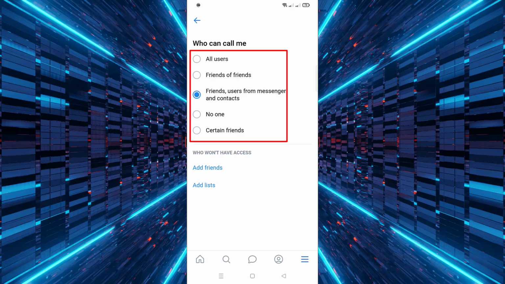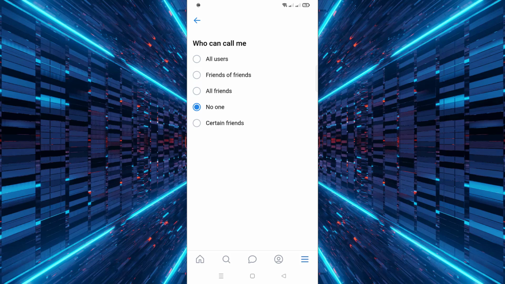You can allow calls from all users, friends of friends, friends, users from Messenger and contacts, or even block calls completely with no one. There is also an option to select certain friends if you want more control over who can reach you directly. Once you make your selection, the changes will update instantly, and your call settings will be